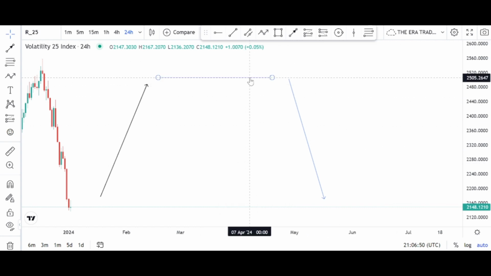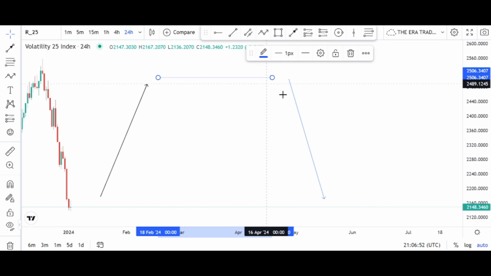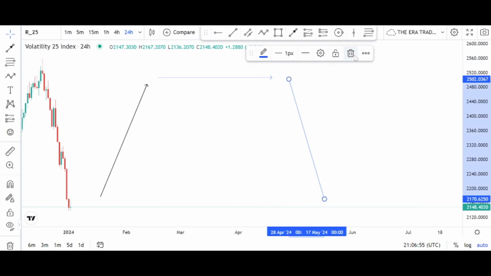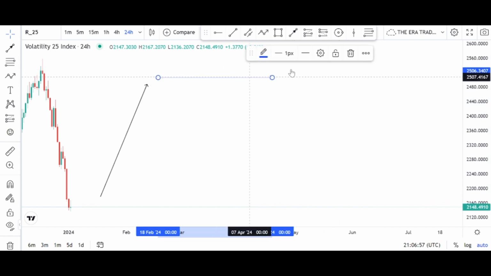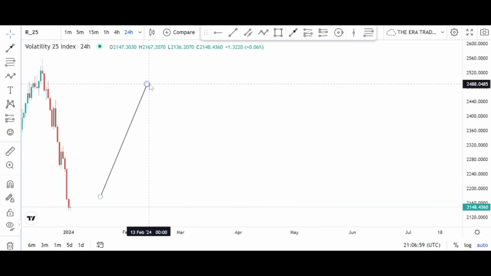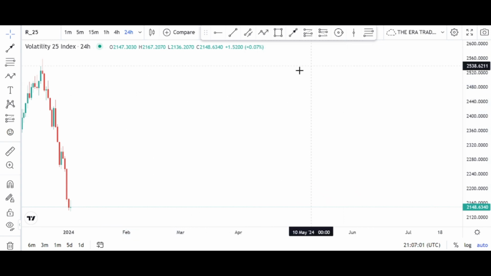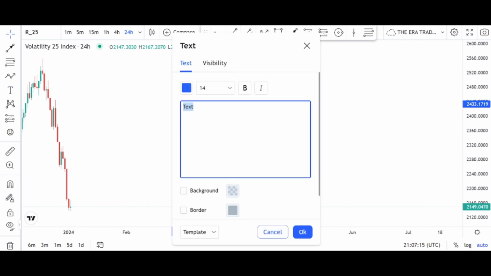So one of the ways for you to know the structure of the market is to identify the trend. So when you identify that, okay, the market is moving up, then you know what uptrend market structure is. So first of all, for an uptrend, so for a bullish market structure,